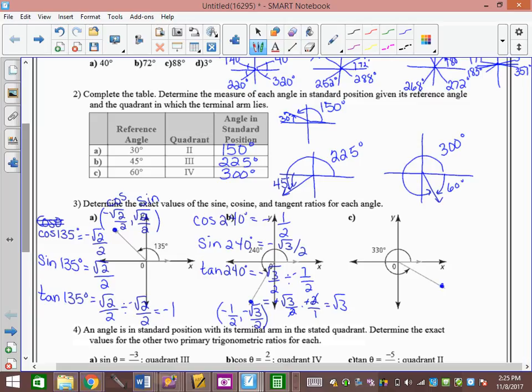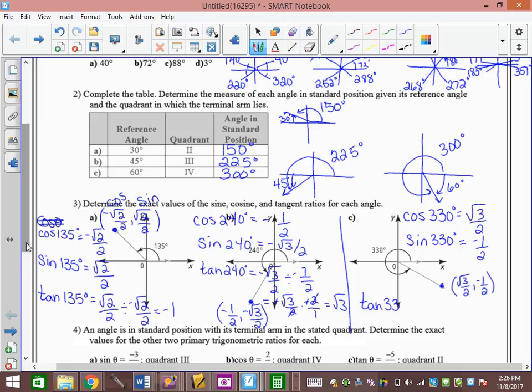330 is the coordinate root 3 over 2 and negative a half. All right. So cos of 330 equals root 3 over 2. Sine of 330 equals negative a half. Tan